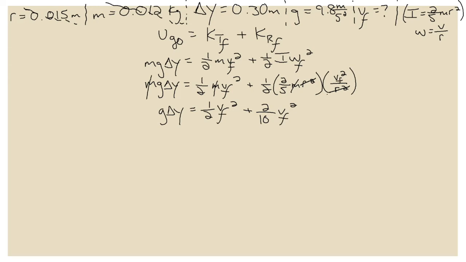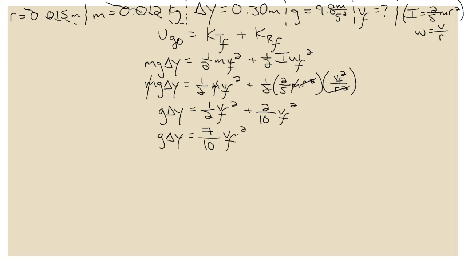And so now we just have to combine these terms on the right-hand side because it's some fraction times v final squared. Now, if you wrote here 1/5 v final squared, that's cool. Having said that, when you add these fractions, the least common denominator is 10. And so there's not really too much reason to do it. It's not that big of a deal. But since 1/2, if you're going to put it in terms of tenths, would be 5/10, then you have 5/10 vf squared plus 2/10 vf squared, and 5 plus 2, of course, is 7/10. So you get 7/10